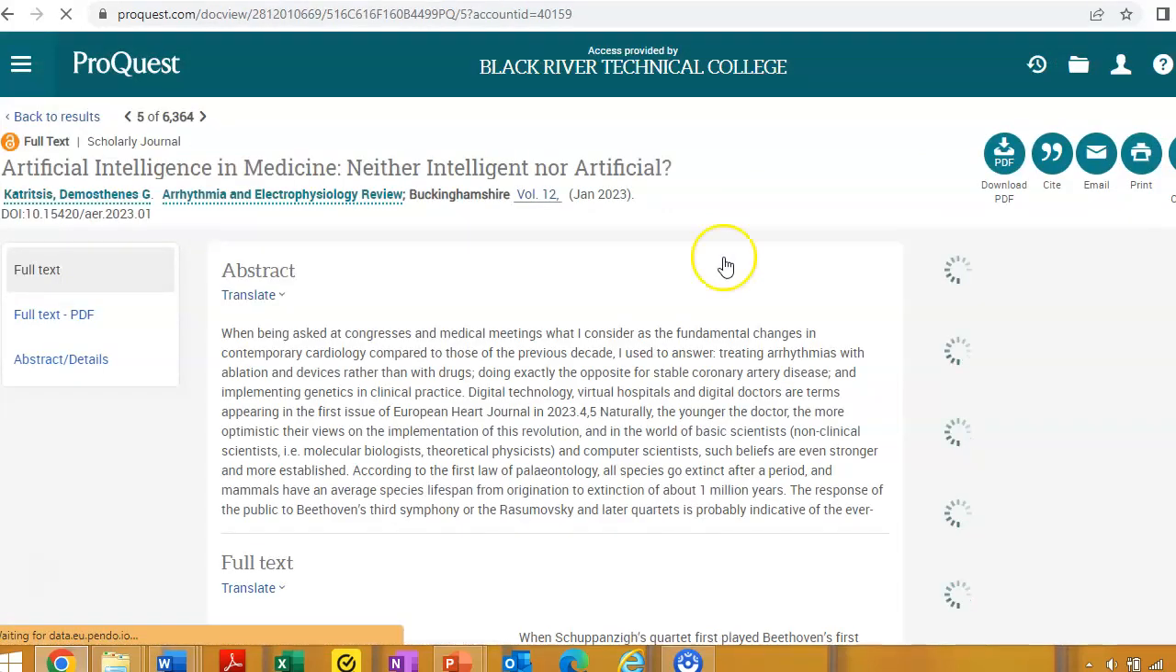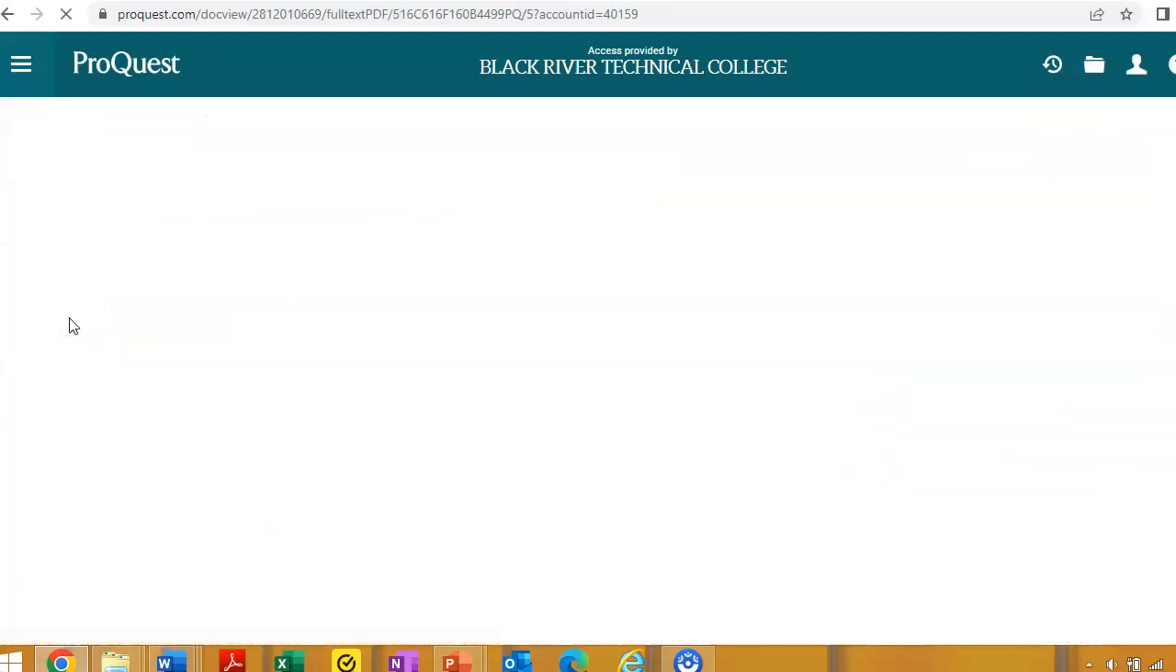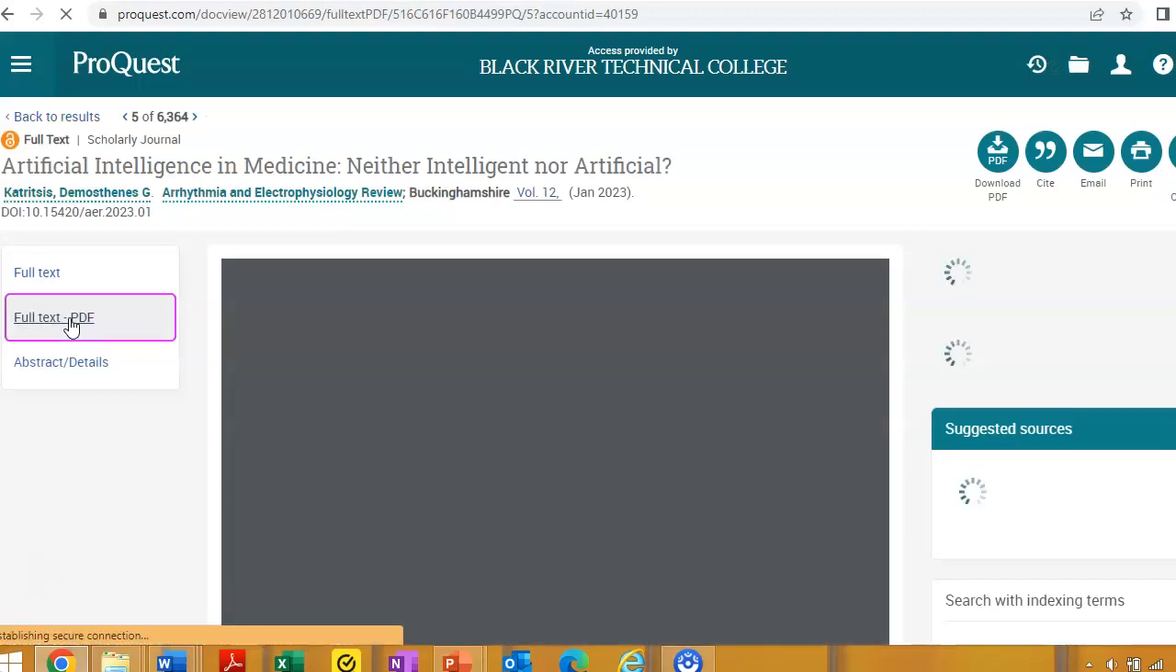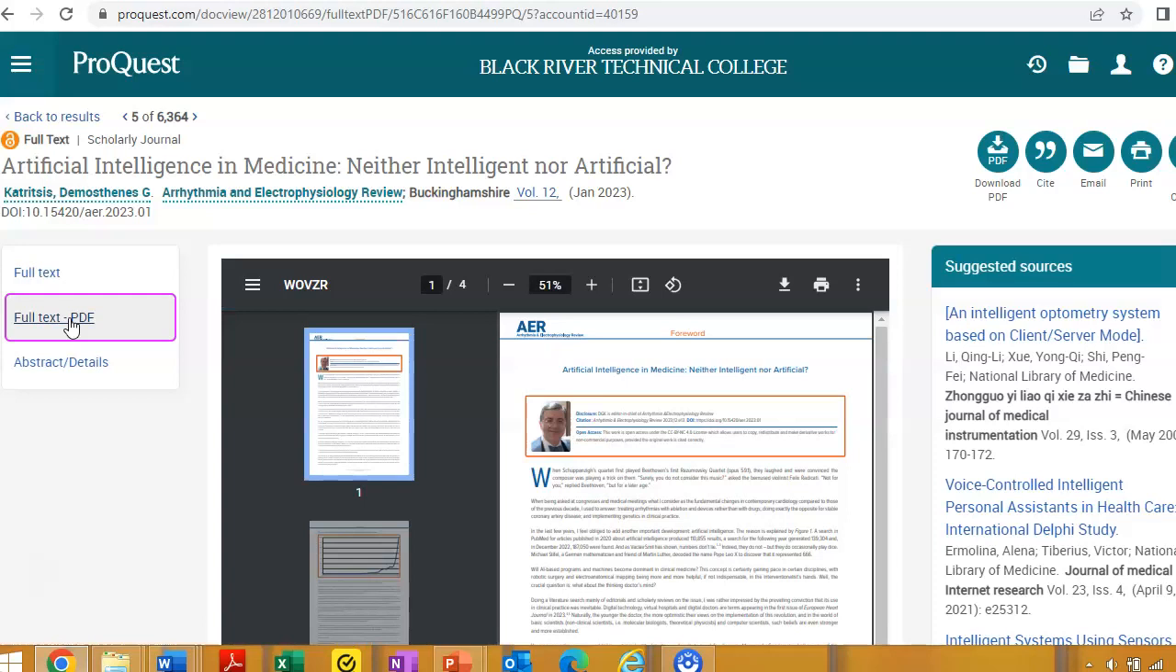It'll be a scholarly journal. We'll have the abstract right here. We can read through the abstract to see if this might be a good source that we would want to use. We can pull up the PDF, which is going to give us page numbers, which we'll want to use when we include this material in our essay, as well as the bibliography assignment for a working bibliography